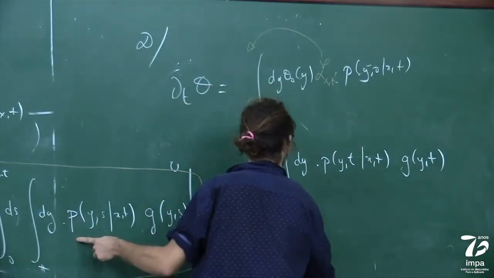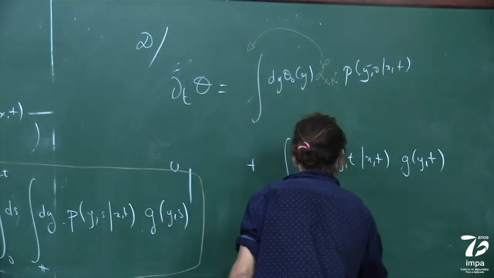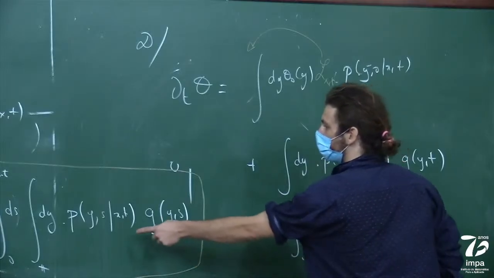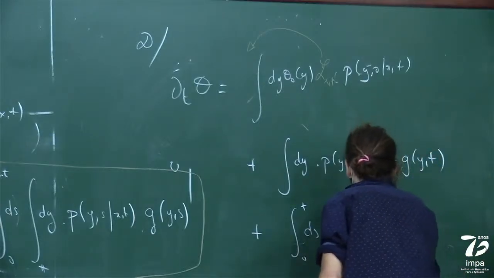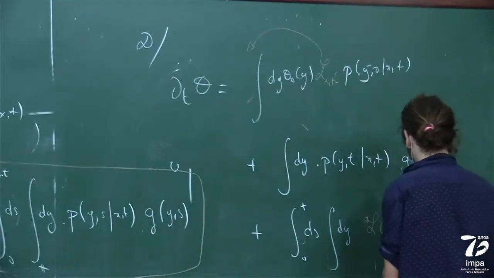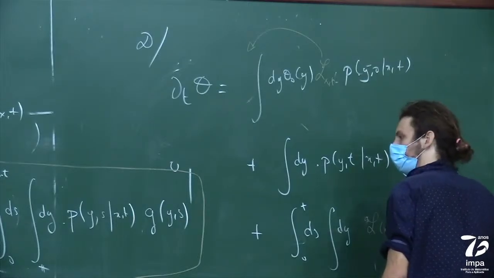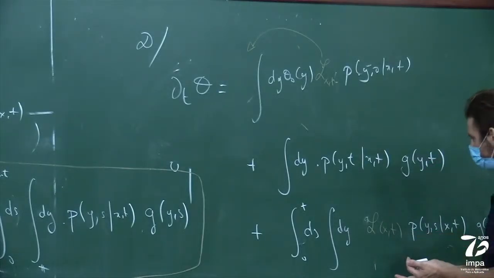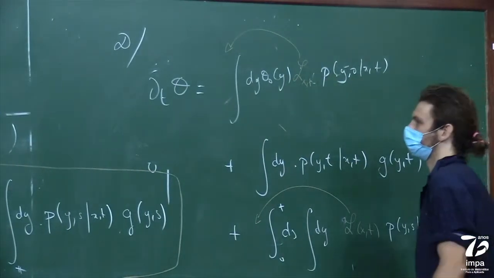plus I put the integral between 0 and t of ds dy times, we have the same dt which applies to this guy. And again, we have L of xt which applies to this operator p ys xt g ys. Again, this does not depend on s, nor on y, so we can take this out here. And so if we sum up,